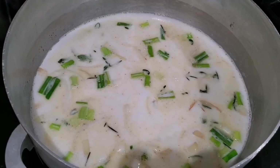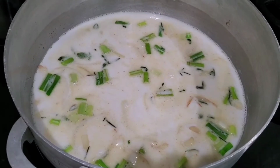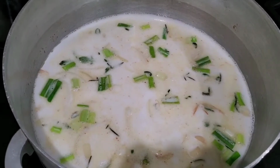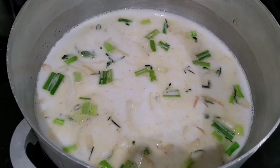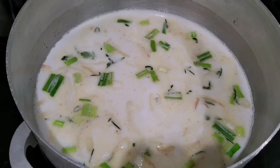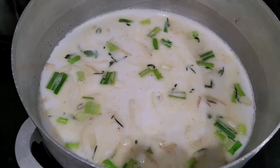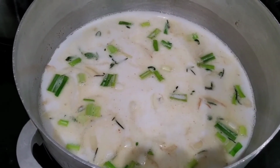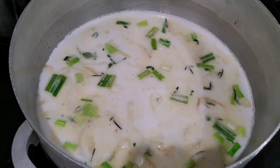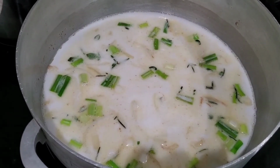So 2 cans of milk, 2 cups of water, and it all depends on how many of the provisions you're using, how many plantain and the cassava and stuff like that. And this will start to simmer, and then I'll add the cassava and the other provisions that I had pre-boiled, not too soft. The cassava is the first thing I will add, then the Eddoes and the yams,